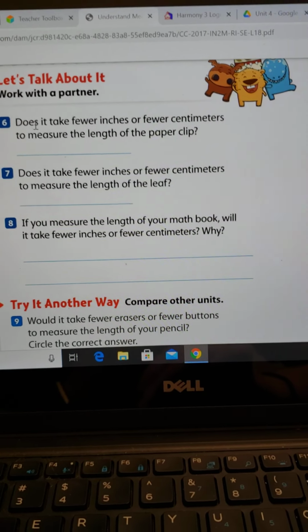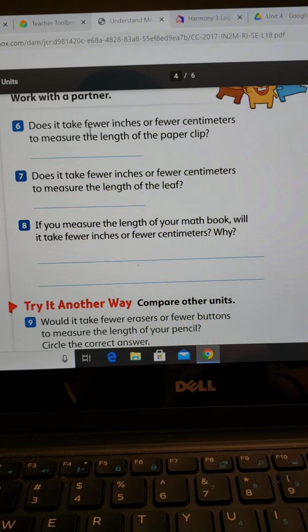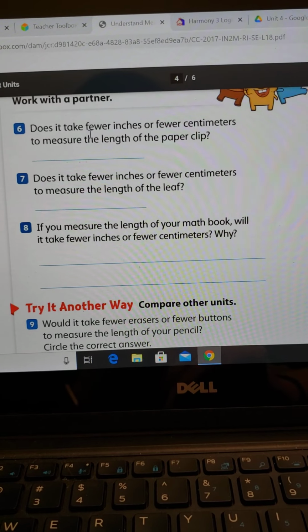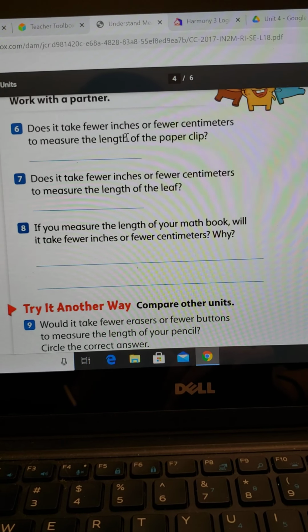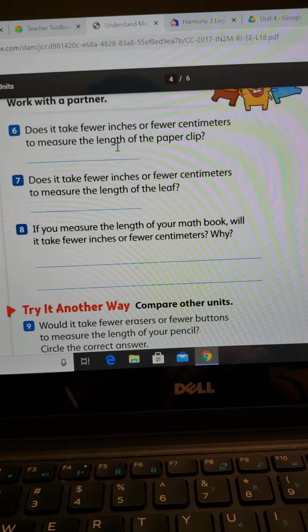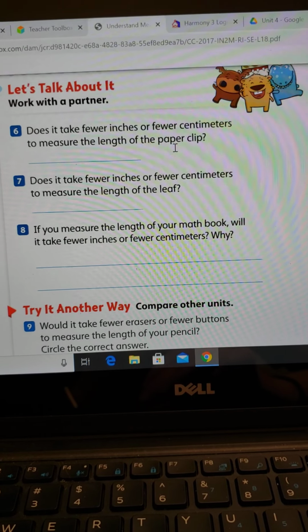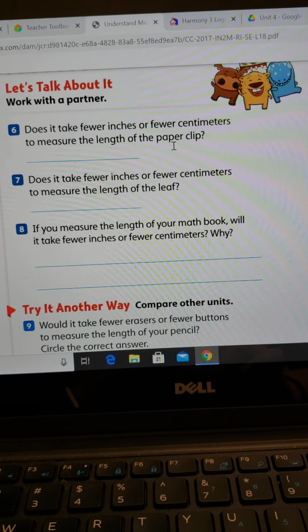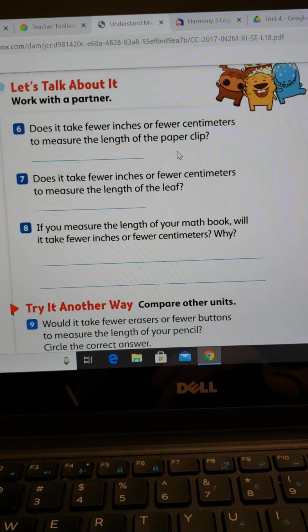Number 6, does it take fewer? Okay, remember fewer is a synonym, means the same thing as less. Does it take fewer inches or fewer centimeters to measure the length of the paperclip? Does it take me less inches or less centimeters to measure that paperclip? Let's go back